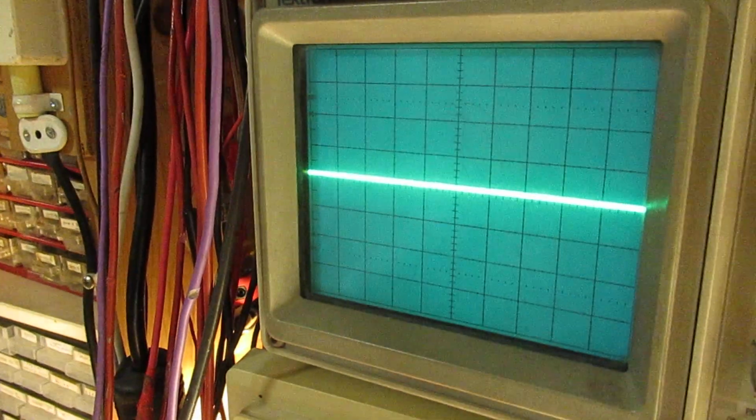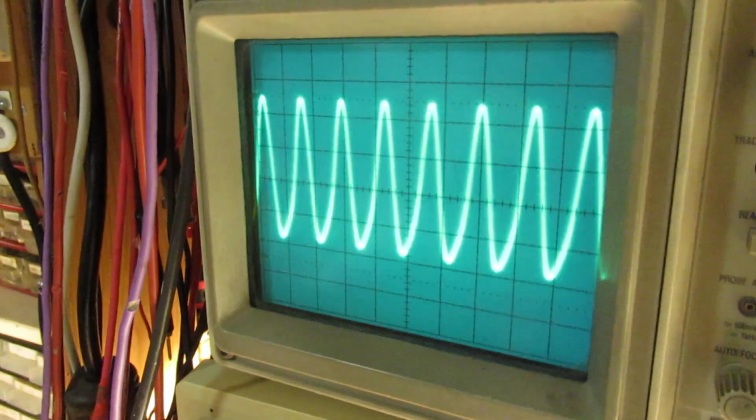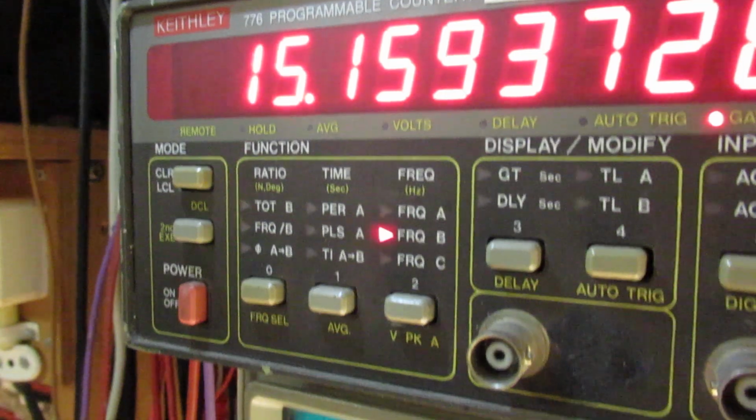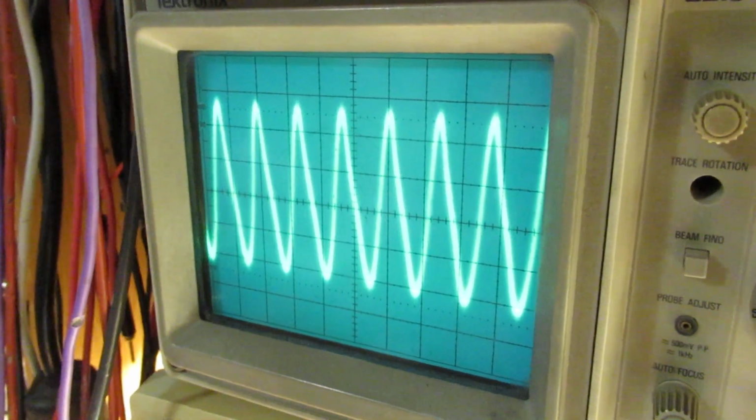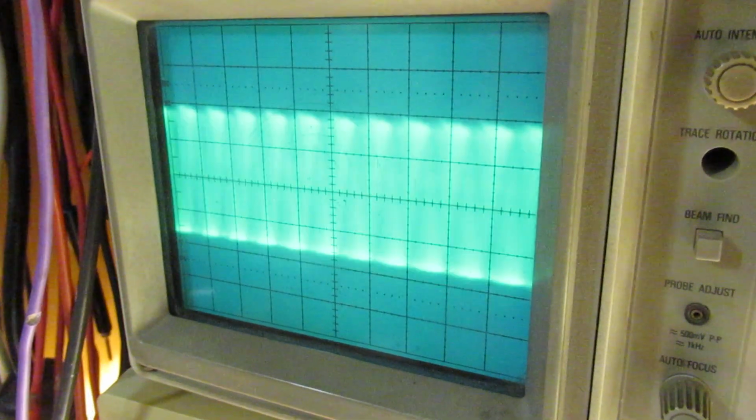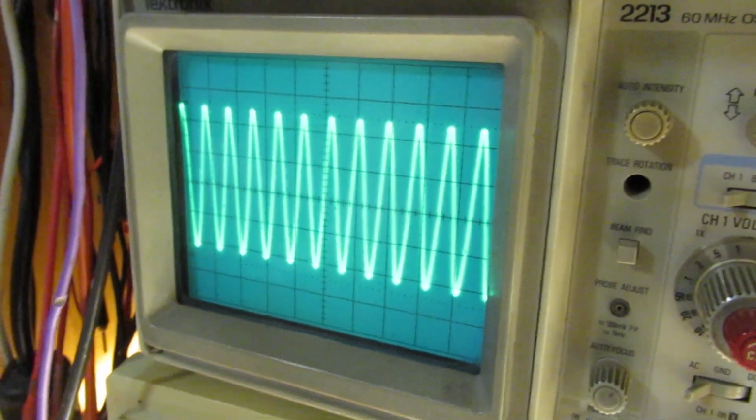So here there is that so-called 15 megahertz or 20 megahertz sine wave oscillation, and here it's more fierce, and here we have also that. But anyway,